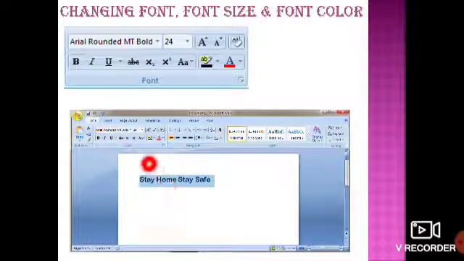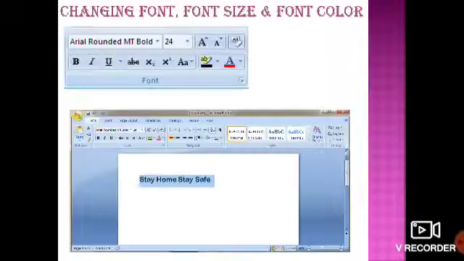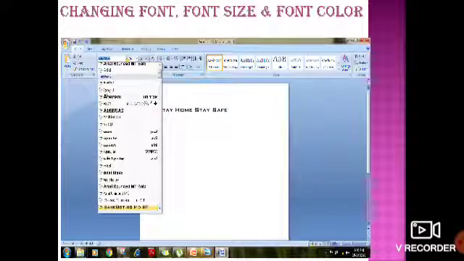After selecting this, you have to go to this one, that is the font style. When you click on this arrow mark, children, you can see very clearly the list of fonts that are displayed here. You can select any one of these, and whichever you select, the handwriting gets changed to that one. Here I have selected Bank Gothic MDBT, which is highlighted with yellow color. When you click on this, my handwriting automatically got changed.